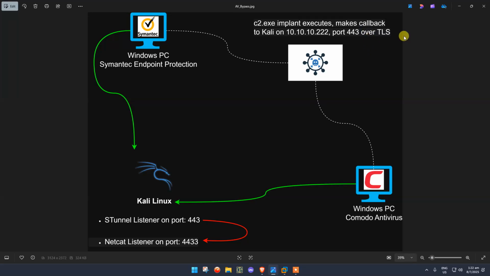Now this is a little bit interesting, because if you do the callback in raw TCP, and you have things like perimeter firewalls with IPS, IDS, or even host-based IPS-like functions within the antivirus, it will be able to look at this kind of traffic, realize that it is malicious, and block the traffic. So because of that,